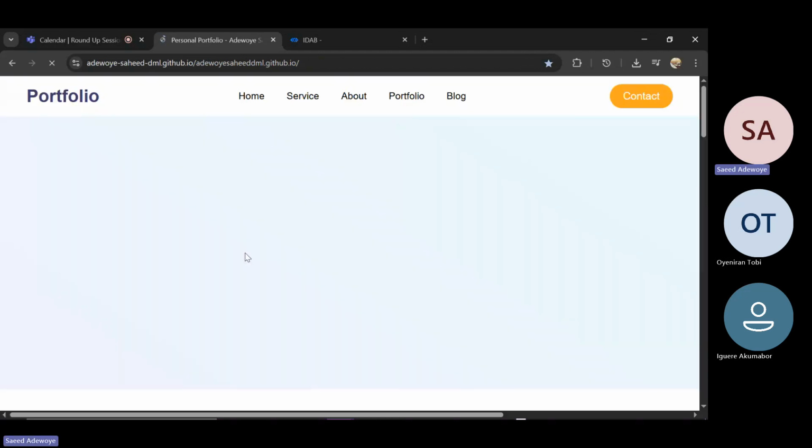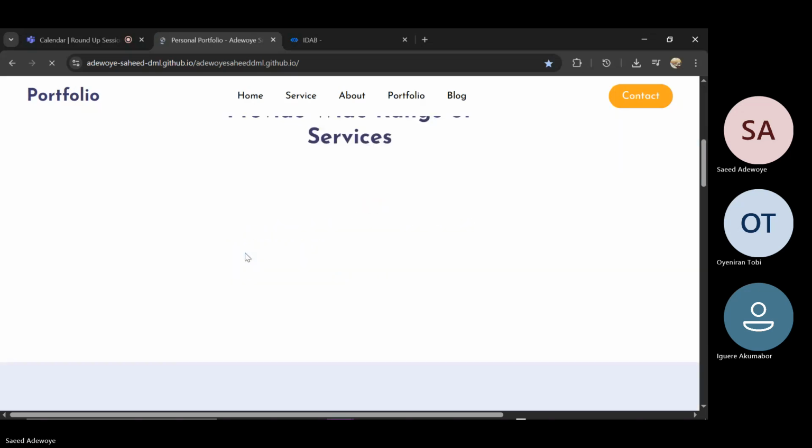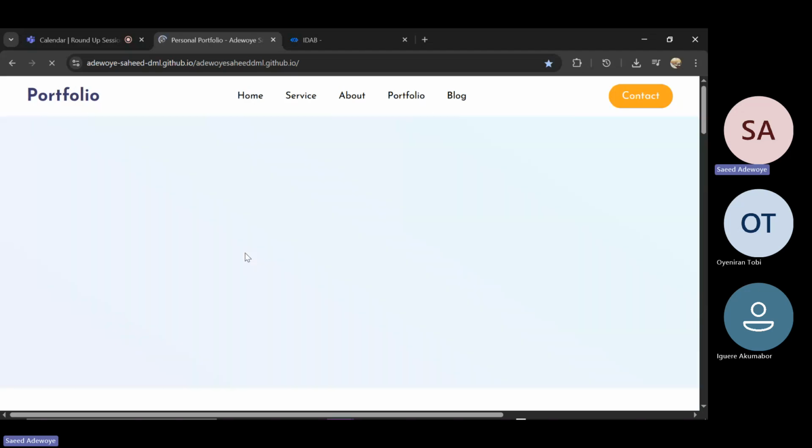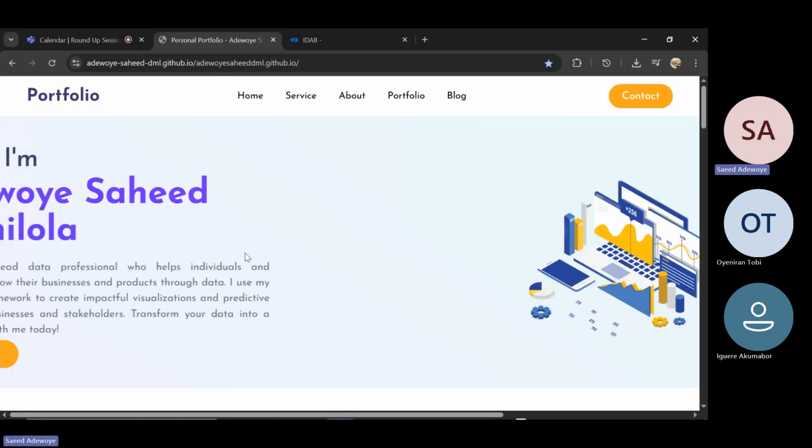Can you all see this, please? Yes, sir. Okay. It's taking some time to load. I just want to use at least a real life example of how things are done before moving to the next part.